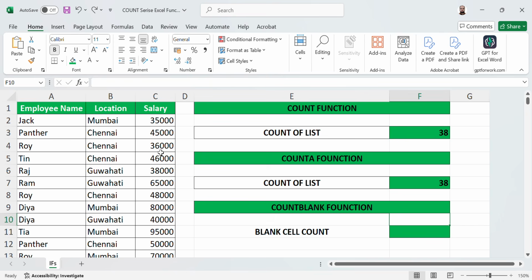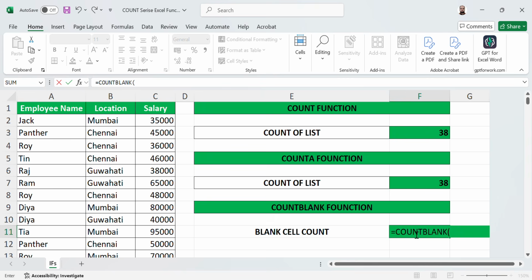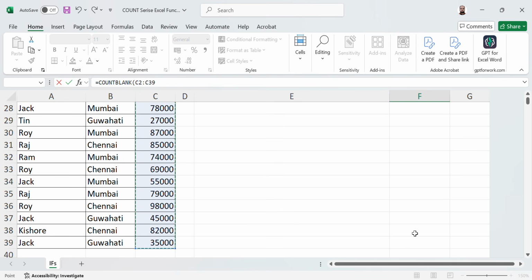Let us see how the COUNTBLANK function works. First select the cell where you want the result, and then type equals COUNTBLANK and now select the range. So we have selected the range, and close the bracket and hit enter.